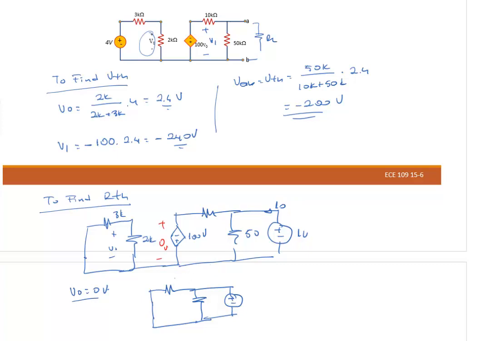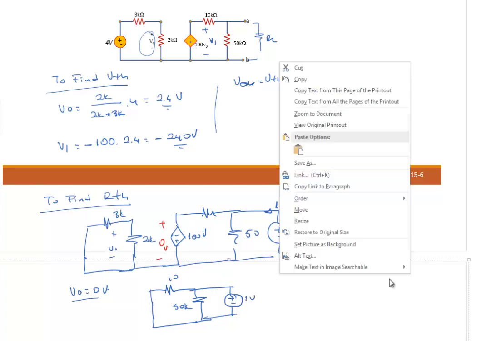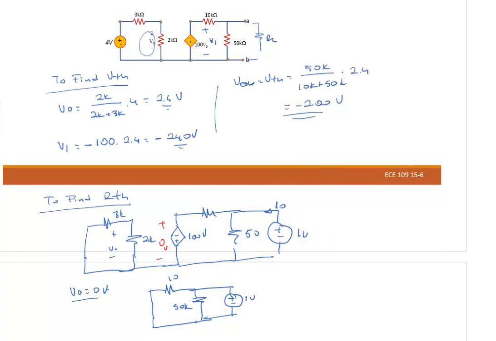We have here 10K. We have here 50K. We have 1 volt. So this I0 will be equal to 1 volt divided by 10K parallel to 50K,